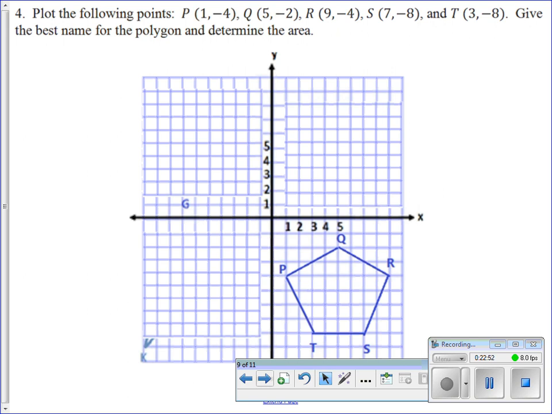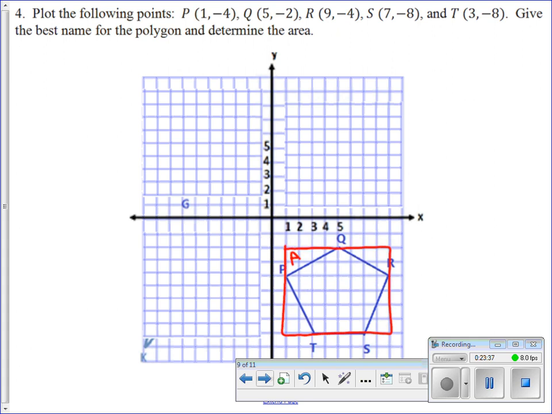It's a polygon. It's a pentagon is the best name. Now, we're not for sure if it's regular or irregular because we don't know the measurements of the sides. It looks like a regular pentagon if we had to guess, but we're not sure because we don't know the measurements of the sides. So now we can't go right ahead and do base times height. There are 2 different ways that you can solve this one. One way you can solve it is to break it into triangles and squares internally, or you can choose to box it out